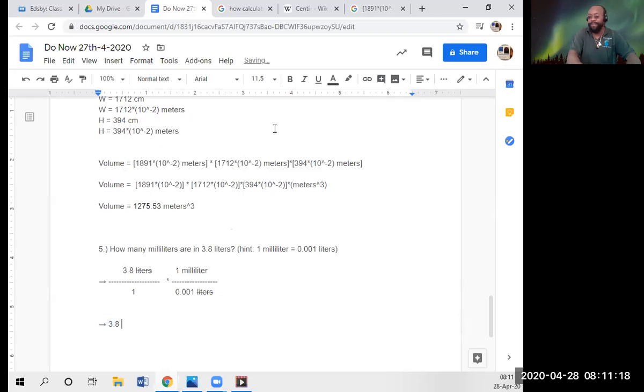Okay, so liters is going to be multiplied by, well, it was going to be multiplied by 1, but anything times 1 is going to be itself, and then it's going to divide out by 0.01. And that's going to leave us in the land of milliliters. I'm going to type it again because I had a hard time typing it a second ago. I'm just going to take that because I know it's correct.